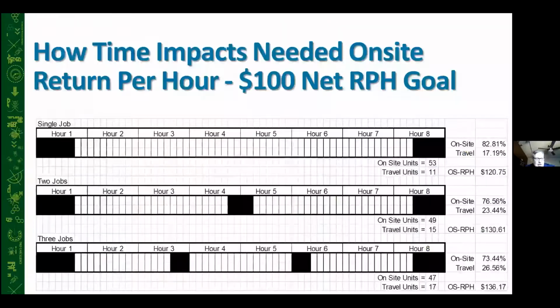We're just about wrapped up here. I've got just a couple slides left. But when you talk about how to simplify it, this is one of the easiest ways I can visually show you